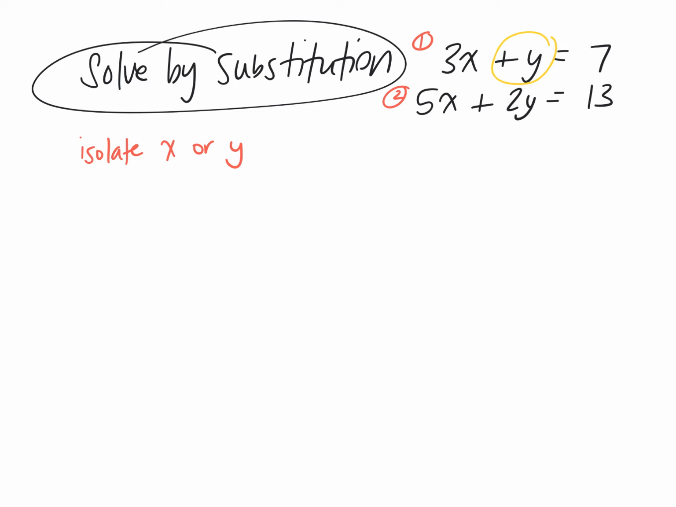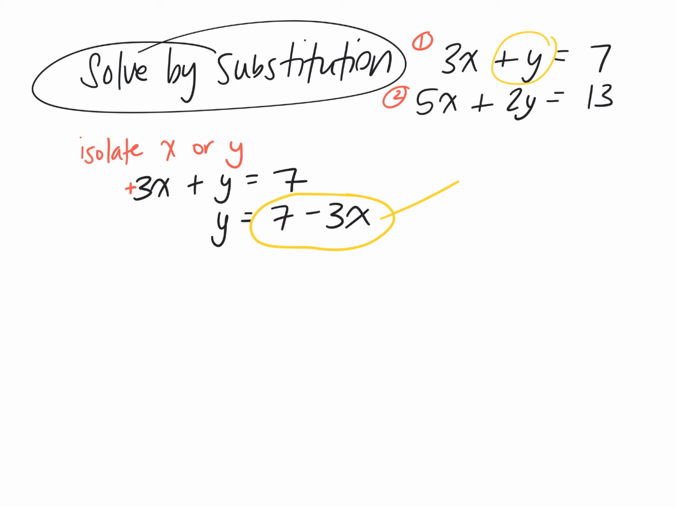So I'll do the first step with you. 3x plus y equals 7. Y is equal to what? What's the opposite of plus 3x? Okay, so this is what y is equal to. You're going to take that and you're going to plug it into the second equation and you're going to solve